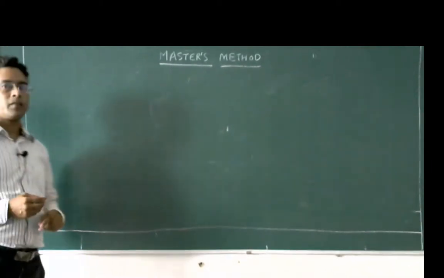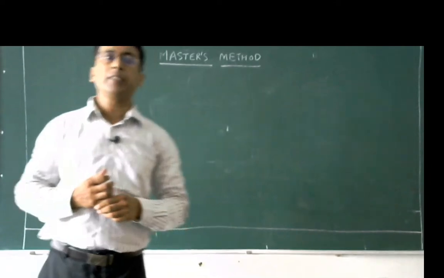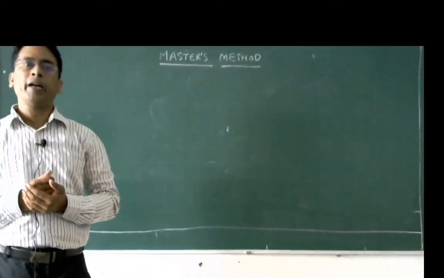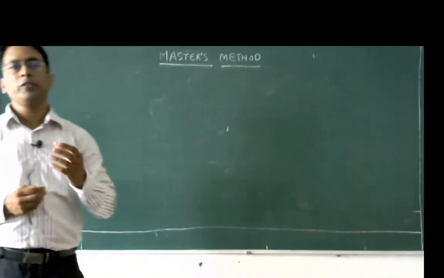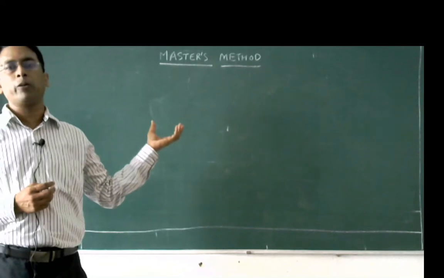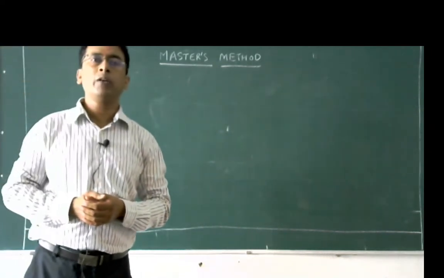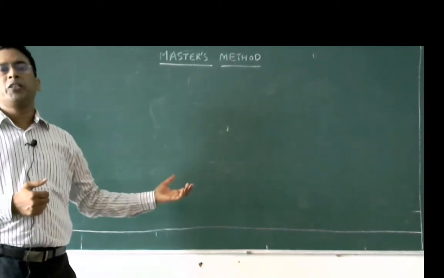Okay. Hello students. Today we are going to discuss the Master's method. Master's method is a formula that can be applied directly over a certain recurrence written in a defined format, and we can directly derive the complexity without drawing the complete pictorial diagram like a recursion tree and adding up the cost.